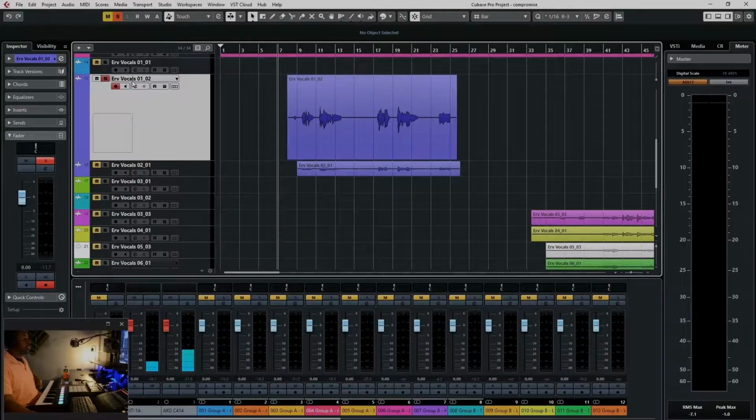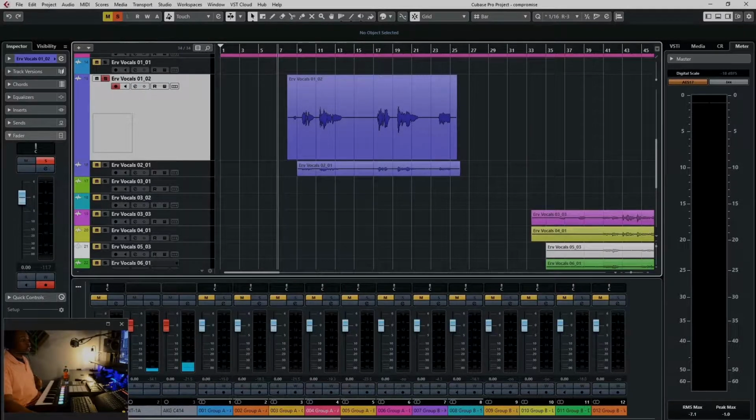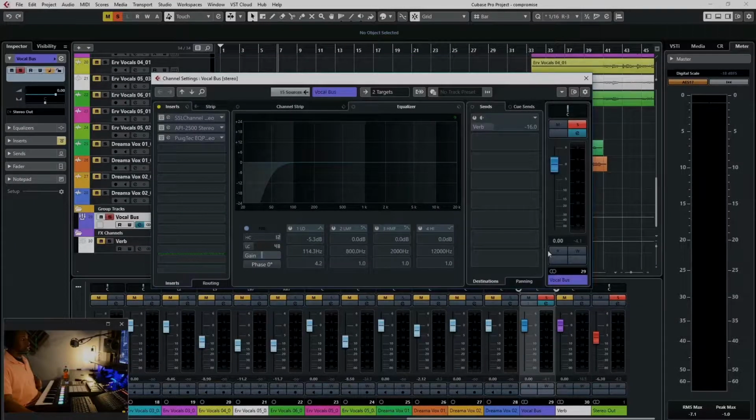Okay, so right now I am going to show you how I set up my vocal bus. And the reason why I set up a vocal bus is mainly because I want to make sure that I can